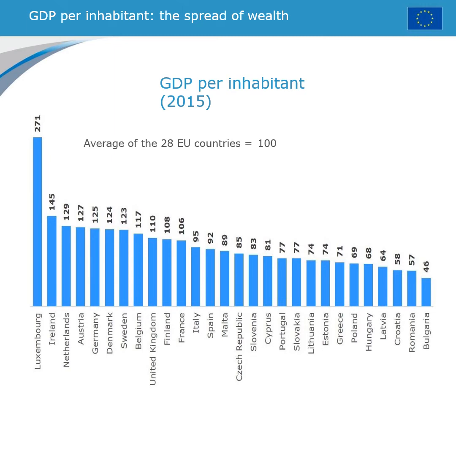And then you can see other big countries, France, Italy, Spain, are rather in the middle of the table with average wealth. The poorest countries on the right are countries in the former Eastern Bloc, Bulgaria, Romania, Croatia, Latvia, Hungary, Poland. So these countries joined in the 1990s and afterwards, after the Soviet bloc collapsed at the end of the Cold War, and obviously they still have to catch up to match the wealth of the older members of the European Union.